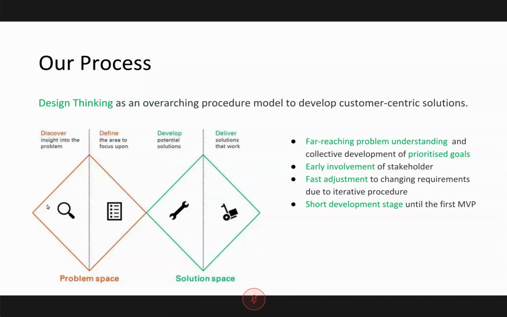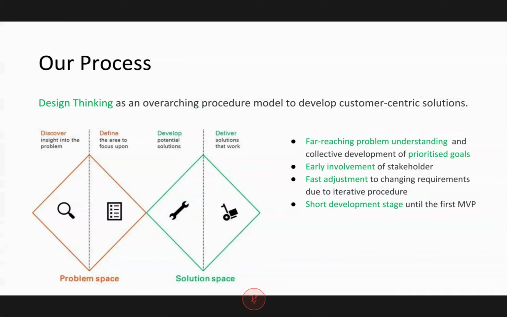So that's why we started to focus on this problem space first, and to also talk to our stakeholders. So that means talk to the pupils, also talk to teachers and get their opinion, how they are currently educating or how they are currently learning about climate change. And of course, with regards to pupils, if they are at all interested in it.